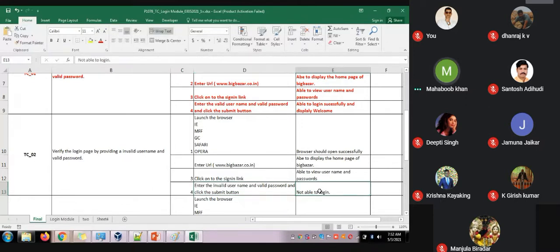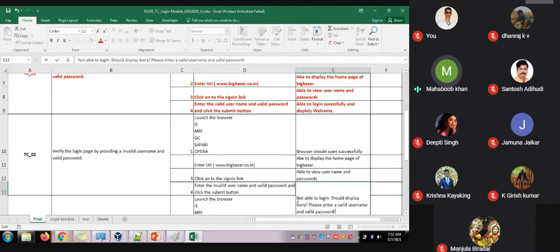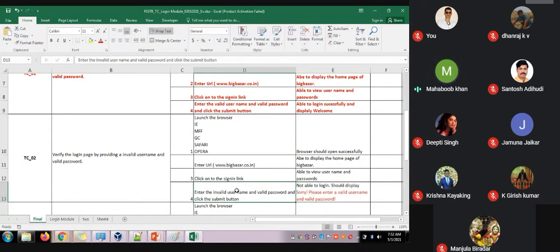Not able to log in, and it should display: please enter a valid username and valid password. So this is the error message it's going to display here. So that's what we are mentioning here as well.